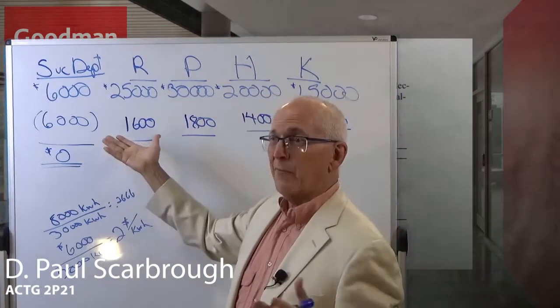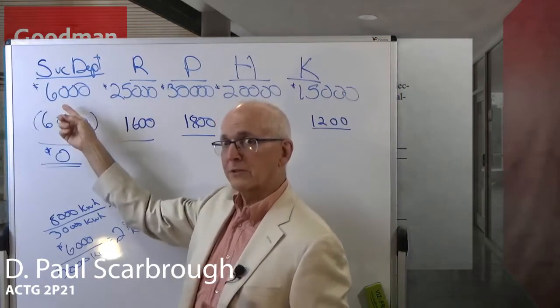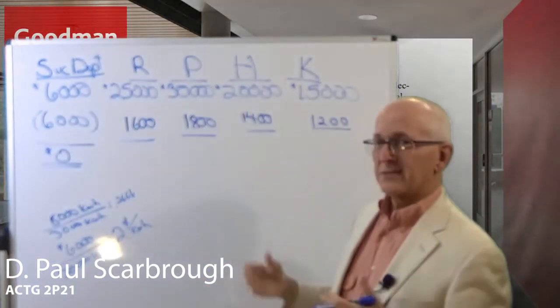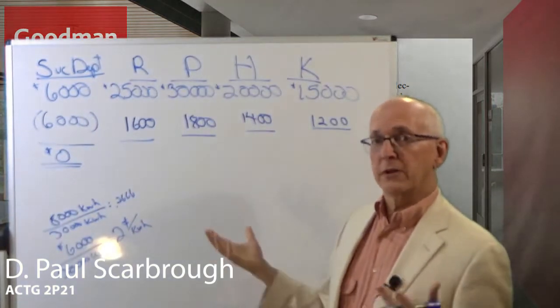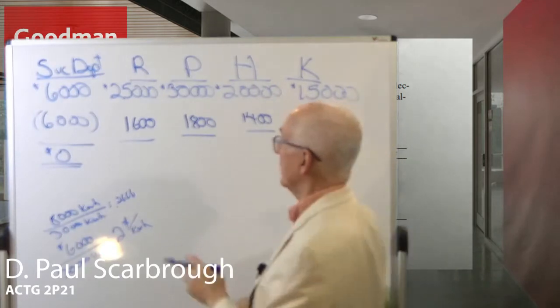So this is the step method, but actually, because there's only one transfer, it's the same as the direct method. Okay. So obviously, this is a simple problem. They're trying to get you to focus on the difference between the variable and the fixed cost. We can add these up: